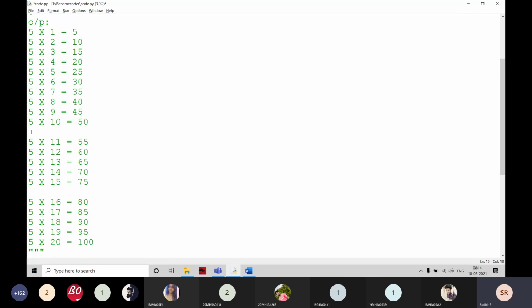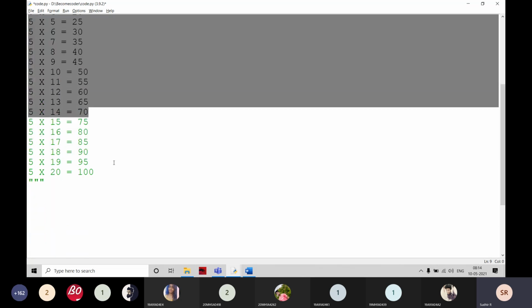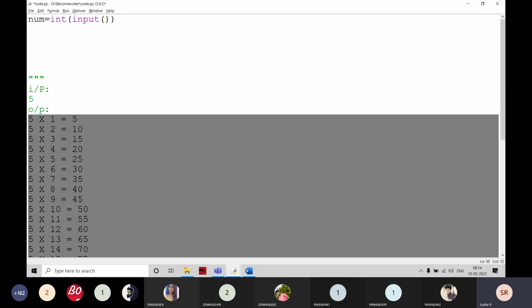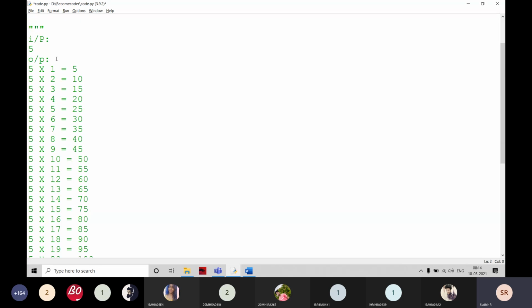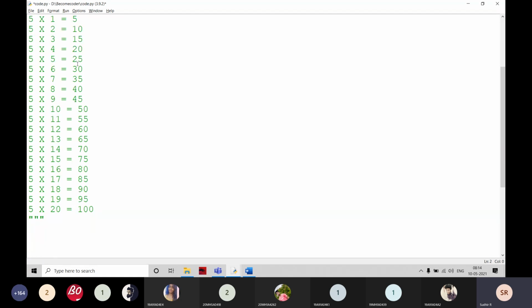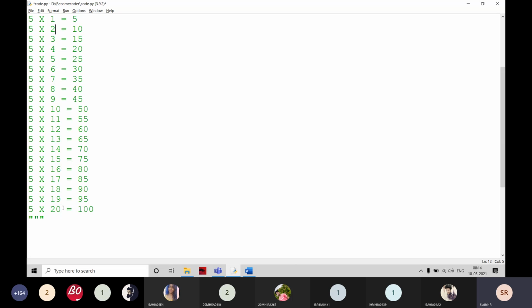The question is going to be like this, and I'm going to write it like this. That means if I give 5 here, I'm simply going to print the 5 table up to 20 times. There is only one input here. I'm going to read a number and print here. I know exactly how many times I'm going to print. For example, this value is going to be 5. I'm always going to print 5 only. And here just look, 1 2 3 4 5 6 7 up to 20, right?